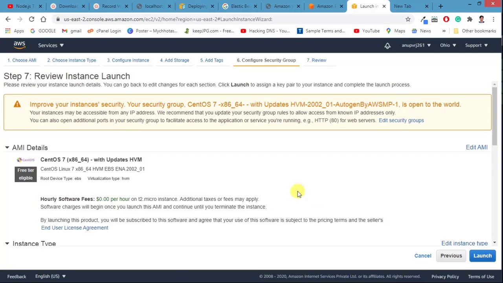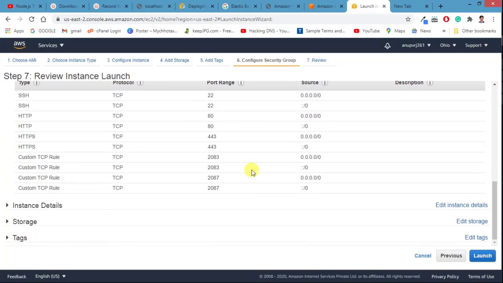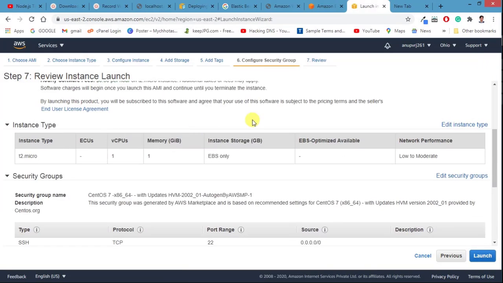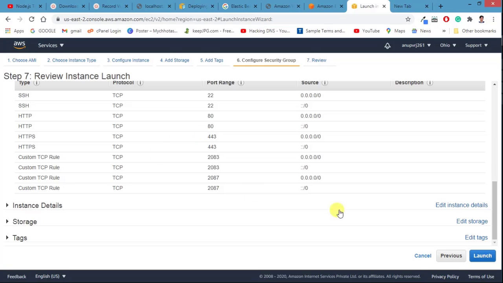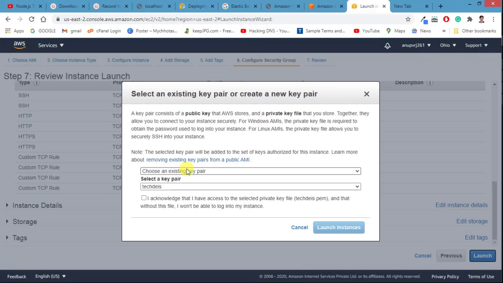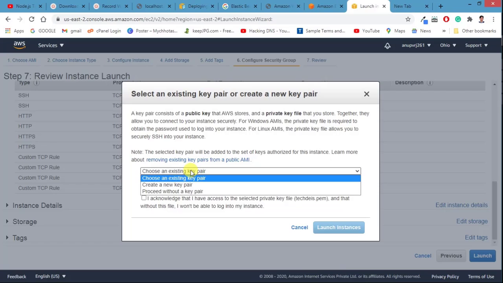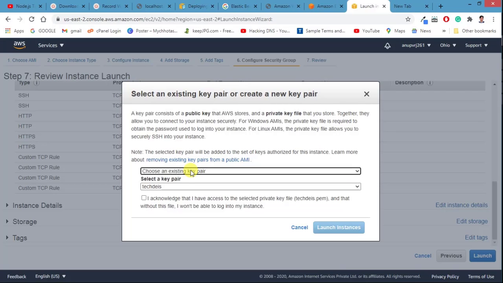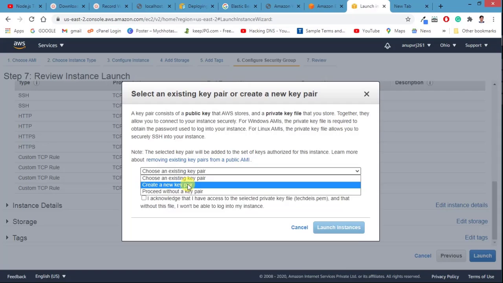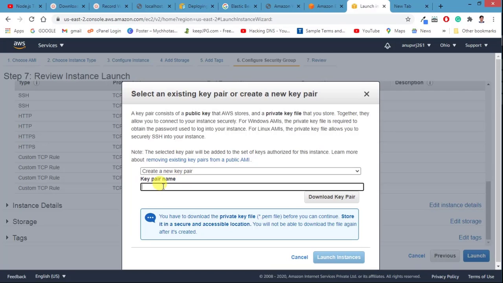and review and launch. Okay, so finally here it's showing the same thing, whatever we have selected in the last few steps, you can watch in detail, and after checking this, you can hit on the launch. And here another very important part is creating the key. So in my case it's going to select the existing key, but if you are using AWS EC2 for the first time, you may not have any key. So either you can use the existing key, or else you can also create a new key. So I'm going to create a new key, and this key is what is going to be